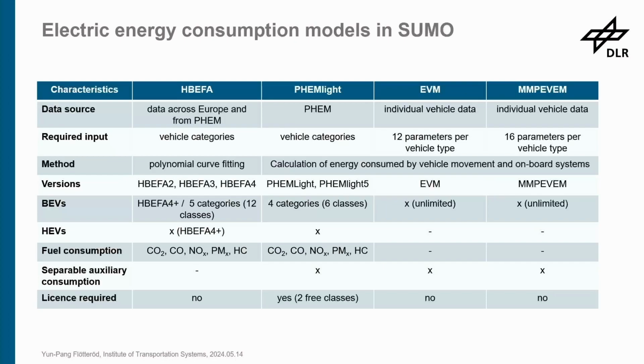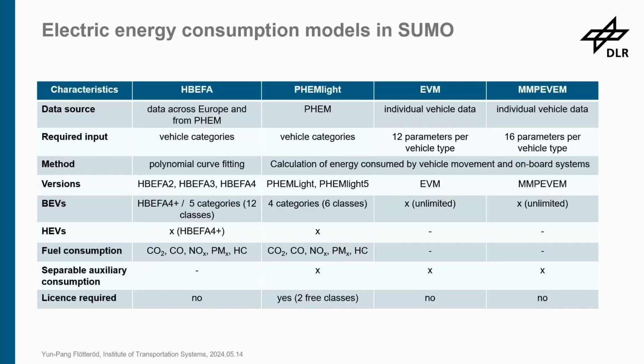So here you will have the general overview of these 4 models. They are HABEVA, PHEMlight, EVM, and MMP EVM. The first 2 models estimate energy consumption according to the aggregated data collected across Europe. And besides battery electric vehicles, these 2 models also calculate energy consumption of hybrid electric vehicles and fuel vehicles,